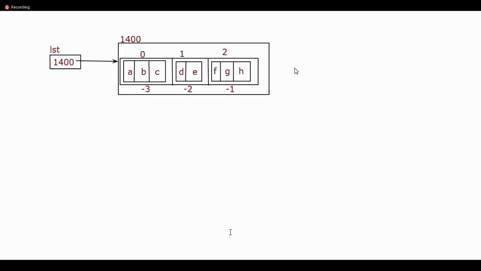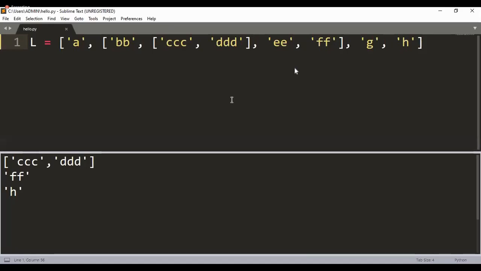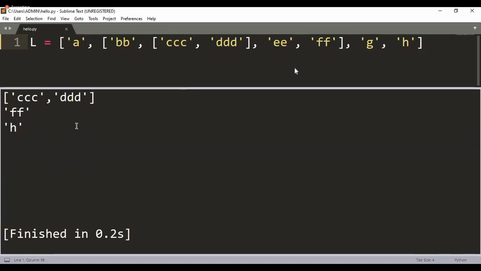If you have completed, there is a quick exercise for you guys. Please look at the editor screen and the output also. I have given you a nested list, and this is my expected output. Please write the code for the same. Make it fast. I hope you understood my question.